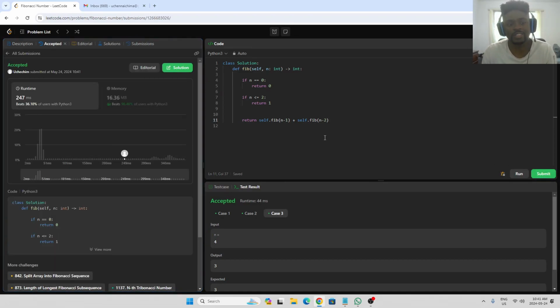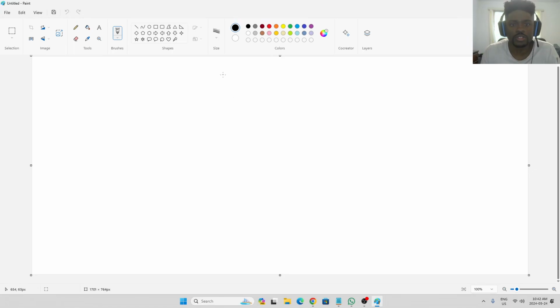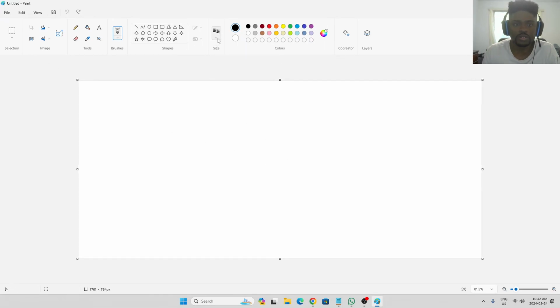So when I go to submit this problem, I believe that it shouldn't pass. Oh, it does pass in LeetCode, right? But there is a fundamental problem about this, and that is related to the time complexity, right? Because, let me draw this for you real quick. So let's say that we're given n equals, say, 8, right? So with 8,